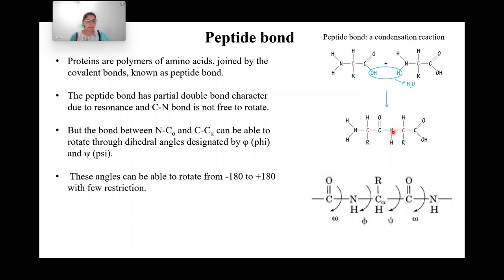So this was a C alpha. Let's consider one of these amino acids here. This C alpha is the C from the chiral center of one amino acid. So this is one amino acid here, and this is C alpha. It has its H, it has its R, and then it has a CONH bond this side, and then it